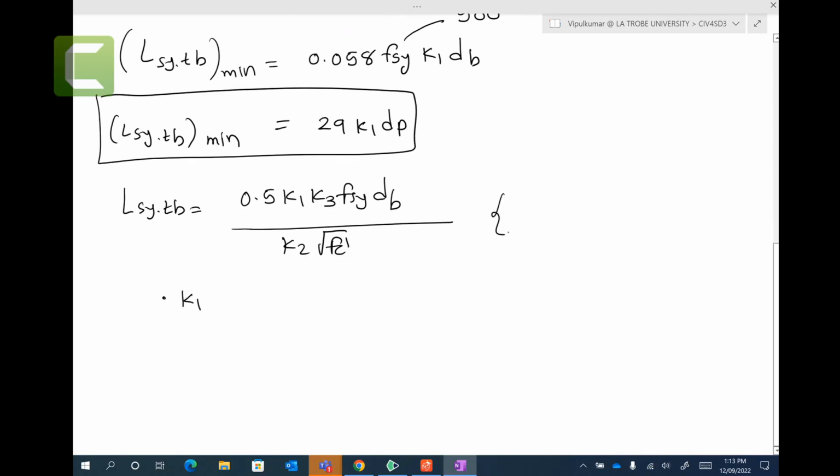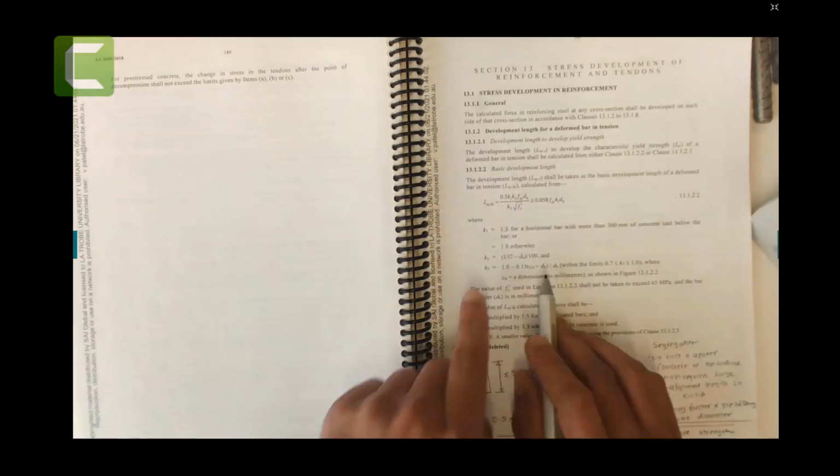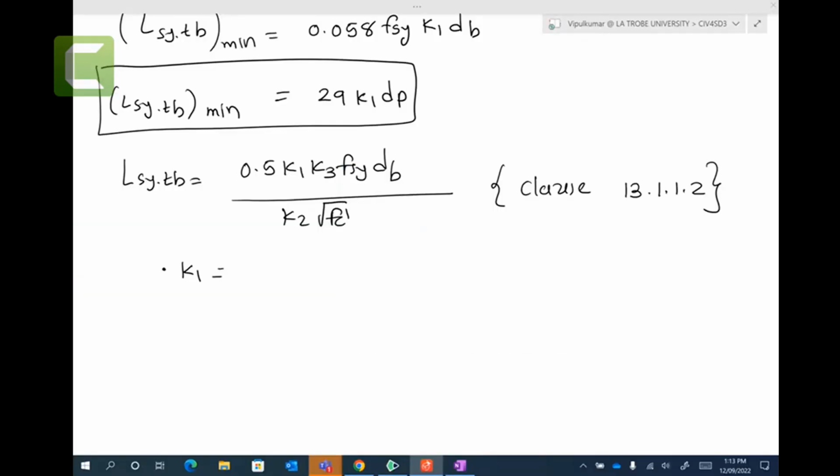And by the way, this is given in clause 13.1.2. Now K1, what is K1? K1 is called the depth factor. Let's say depth factor K1 equal to